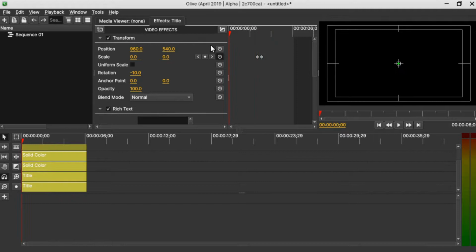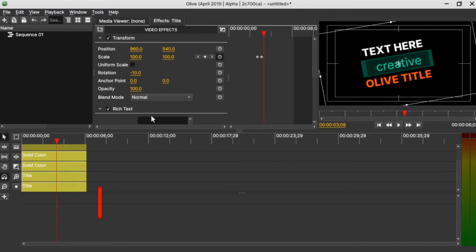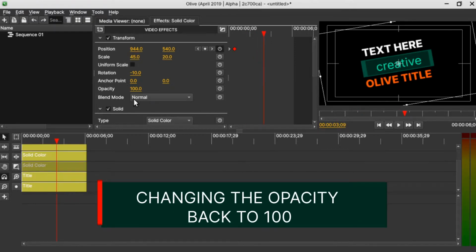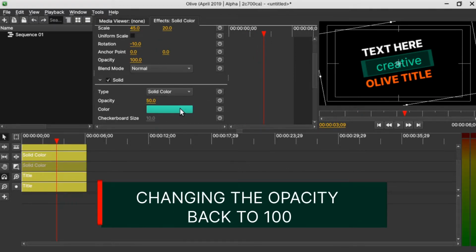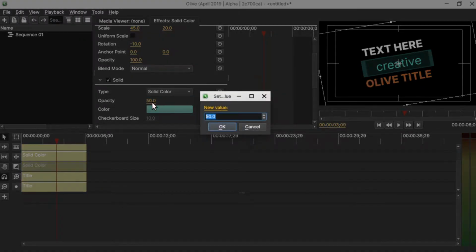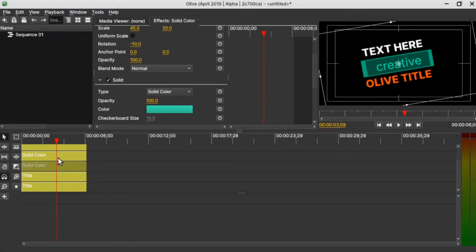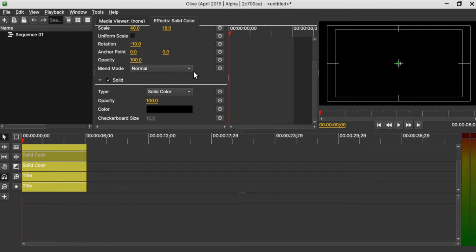Now we'll play our animation. This is how it's going to look like. Okay, so let's select a first solid color, which is the green one, and change the opacity to 100. And let's do the same for the black solid color, change the opacity to 100. So this is how it looks like now. So when we play our animation,